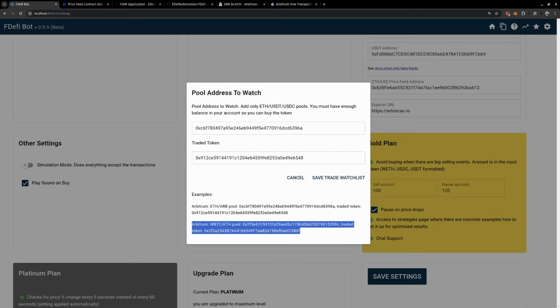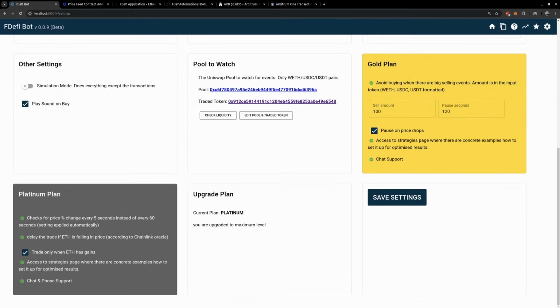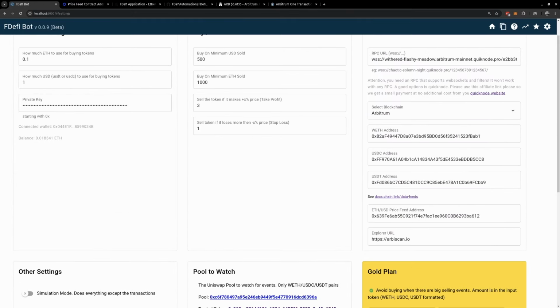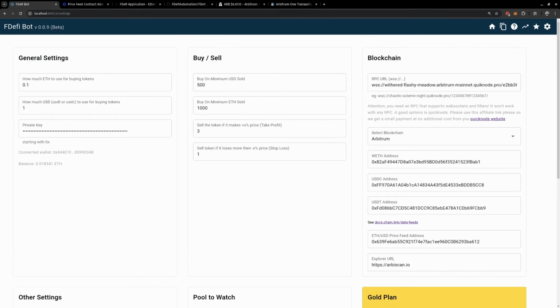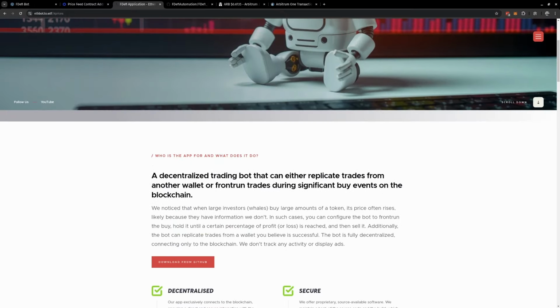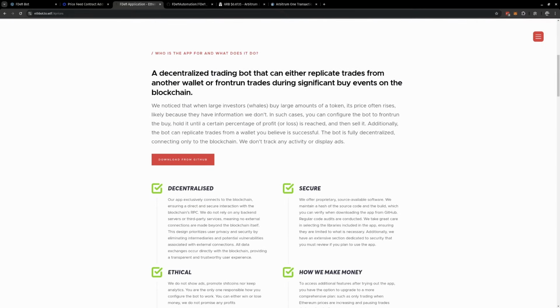It is like this because, I told you, it is not an application that you just click play and go to sleep and wake up a millionaire overnight. No, you need to do some research, know some things, and then it will work. And yeah, this is pretty much it. I will go into much more detail in another video on configuring, but for starting you can use it like this. You can download it from our webpage,